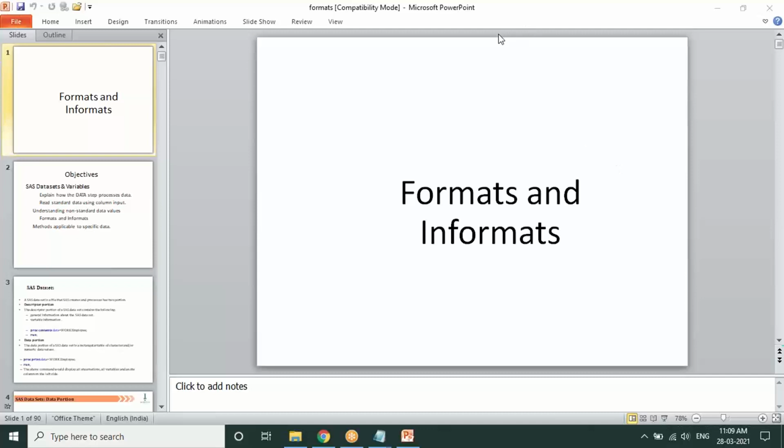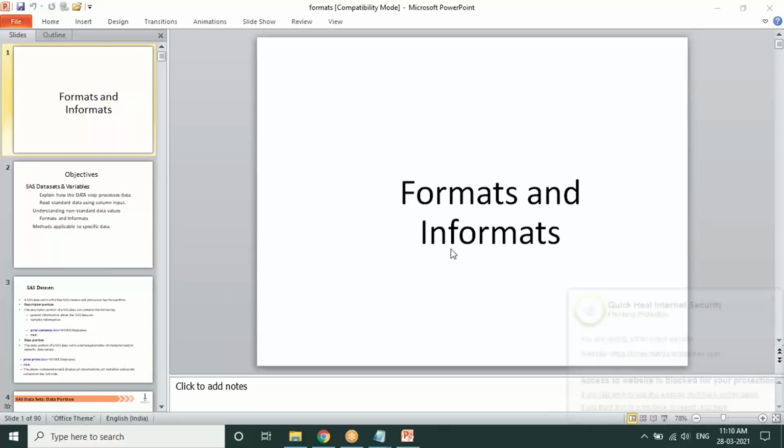Okay, so this topic is about formats and informats. What do we mean by a format and an informat? Till now, whenever we have been reading data, we have seen all the standard values like numerical as well as character data. So we call it standard data, the numerical as well as character.